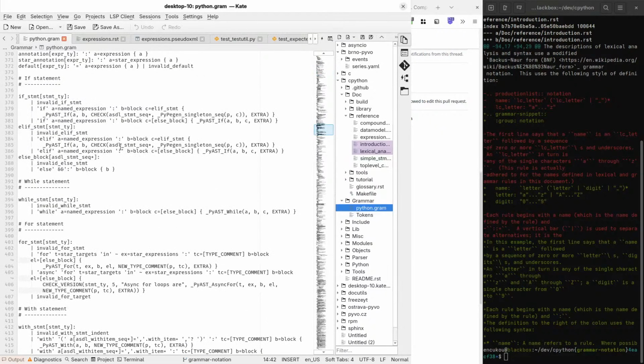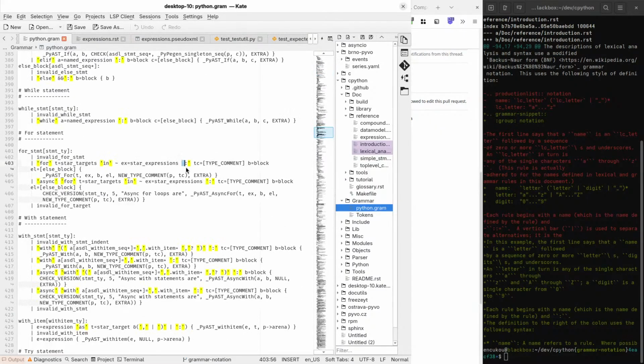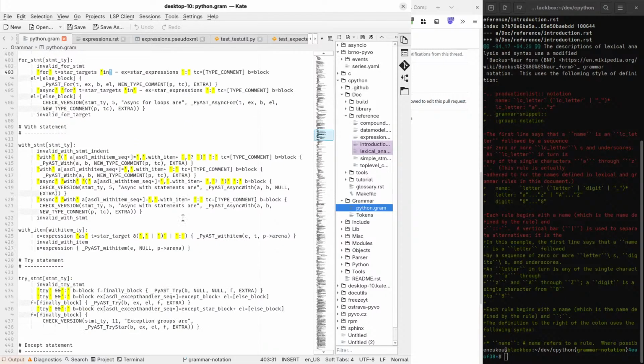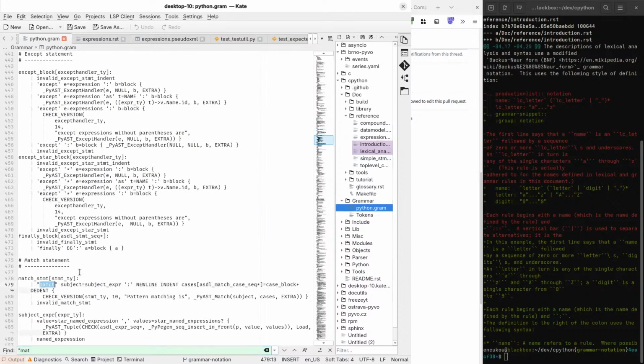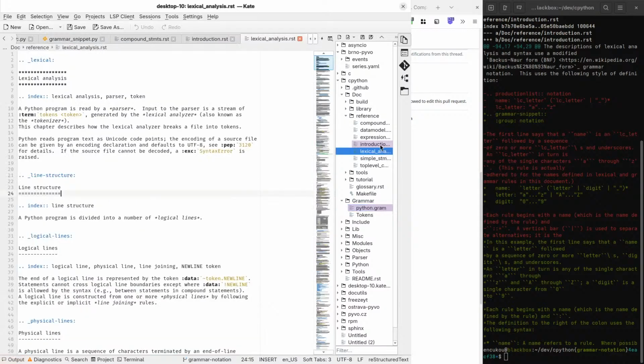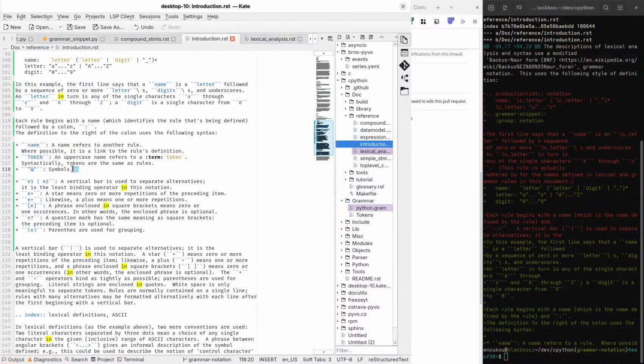Symbols are used with single quotes and double quotes. That should work fine. Are for soft keywords. Right. That should certainly work.